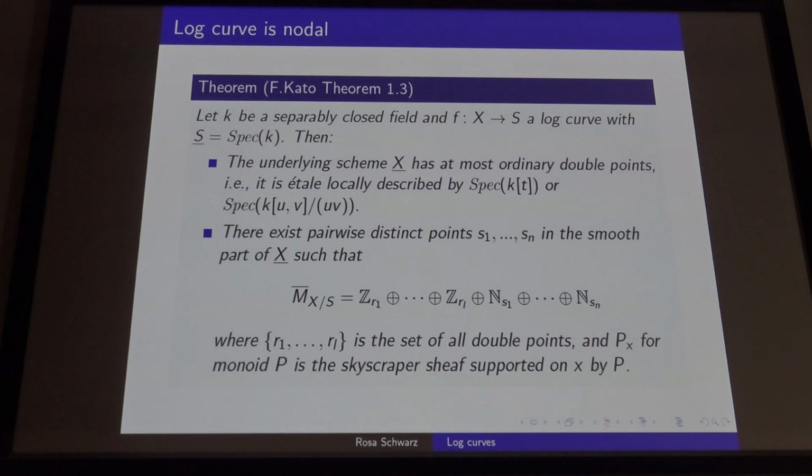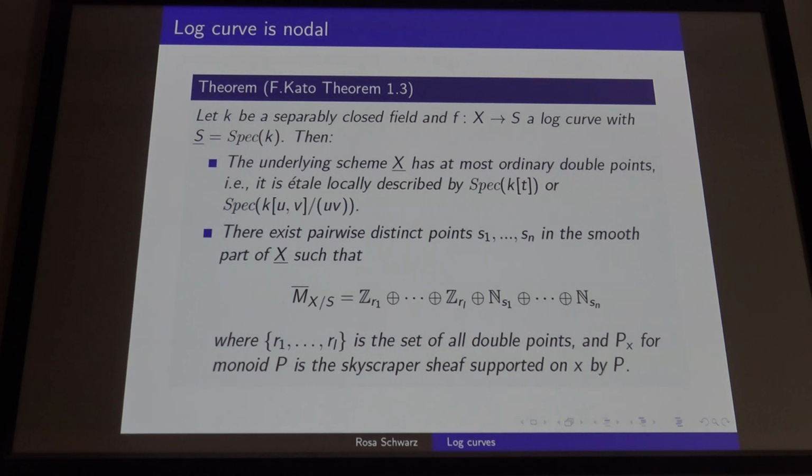And we already saw that for a double point, your relative characteristic would be C. That was the previous example. So you can also see why at the double points a C should be, it's logical that it appears right now. And here the subscript Ri means that it's the skyscraper sheaf. But there are also some points in the smooth parts which you should think about as markings, which will lead to what the talk is about,